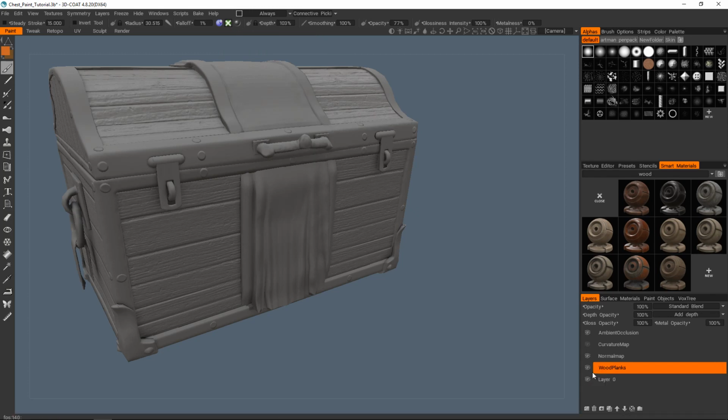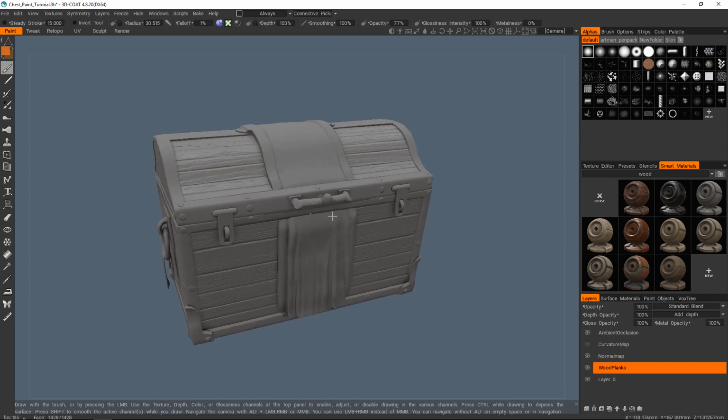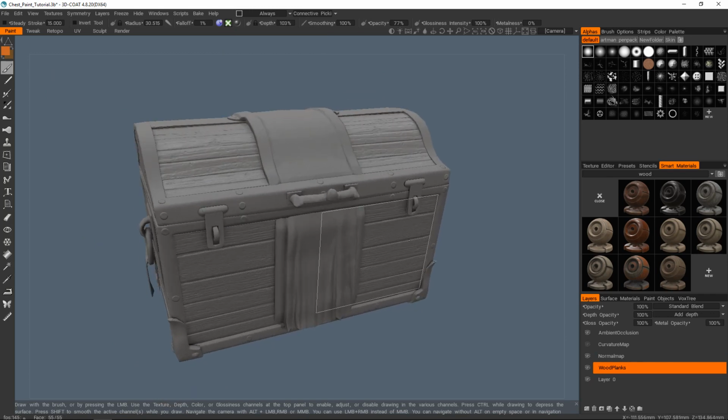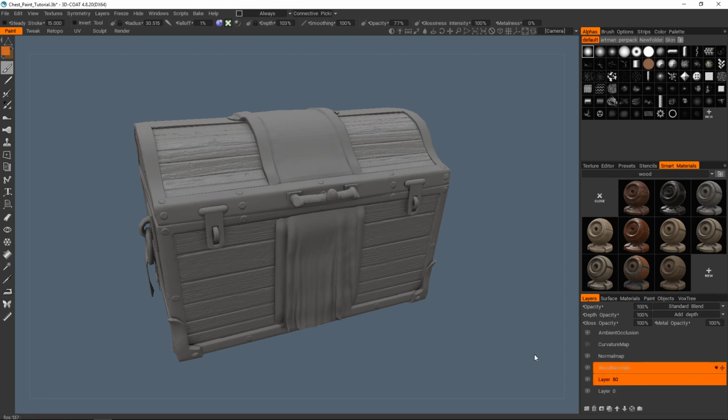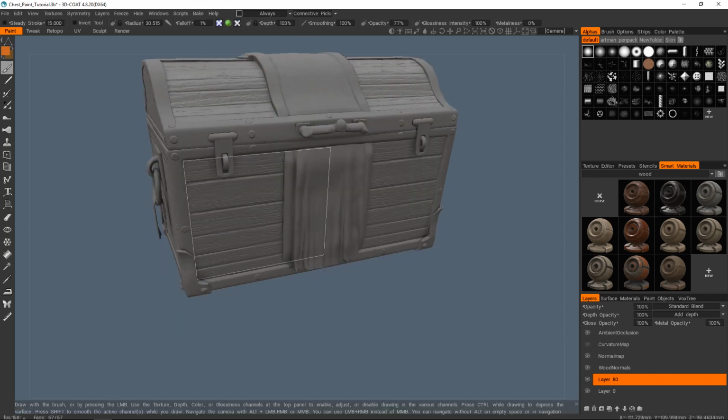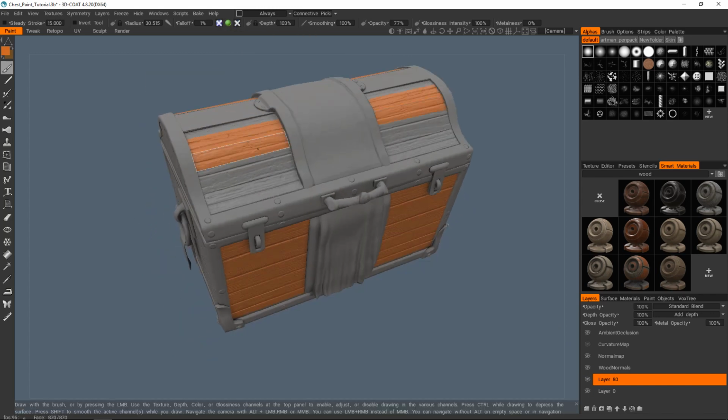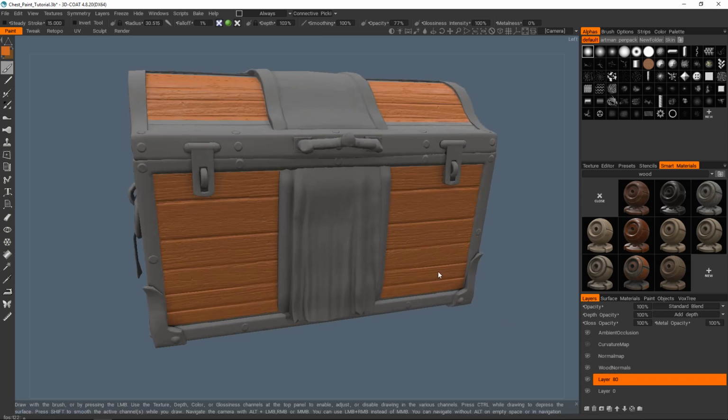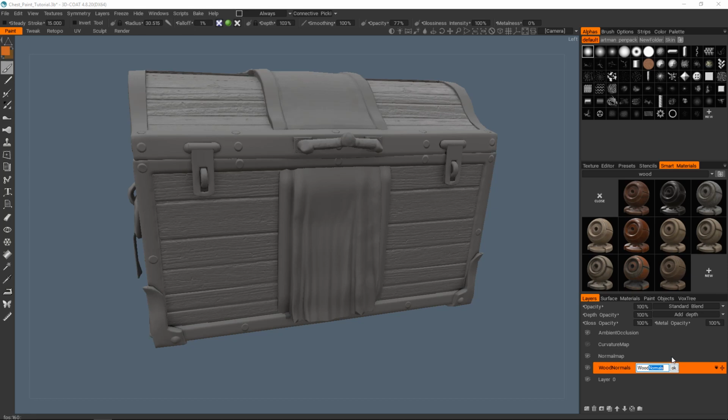So if you were working in some other kind of thing, or if you were treating it a lot like Photoshop, you might be tempted to say that this layer is actually just a wood normals layer, and then you'd have another layer underneath where, if I change this to just color, you would come in and start to give things color. But as I was saying, 3D Coat can contain all three of these things within a single layer, which